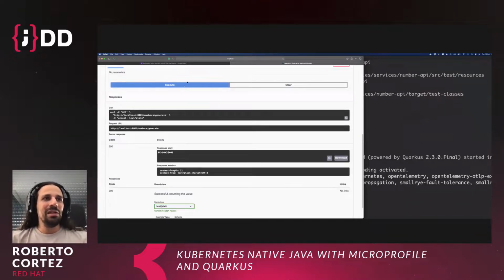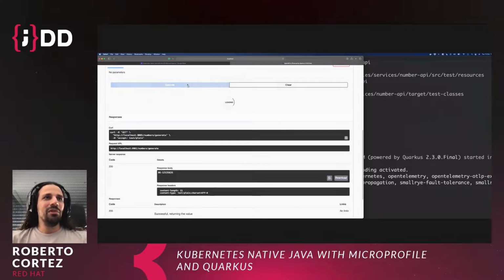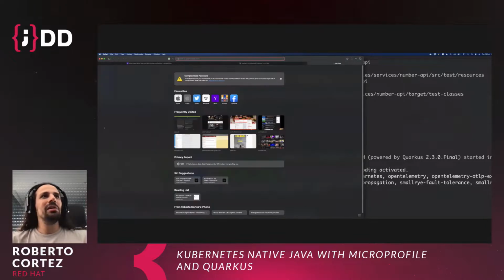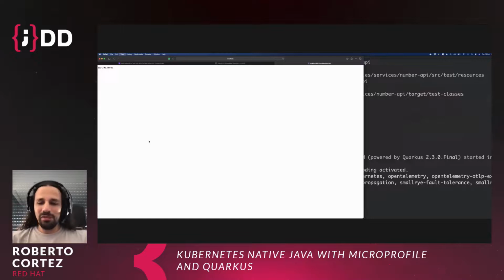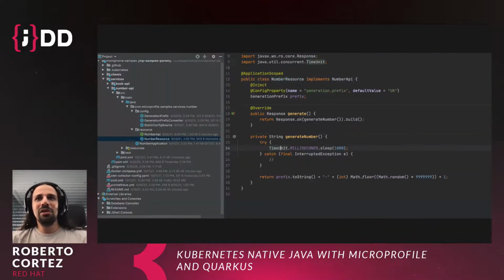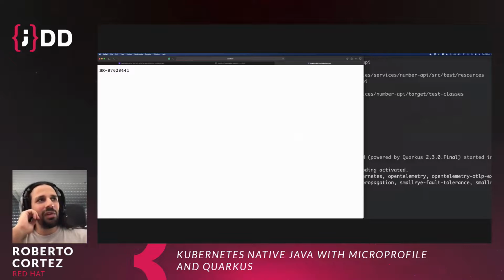So if I keep invoking that, that works fine. Well, I can just invoke the REST one directly in my browser as well, and that should work fine. I'll just increase that. And one of the things that I'm going to do right now is I'm going to come over here. I'm just going to say, hello, JDD Krakow. And if I hit refresh,